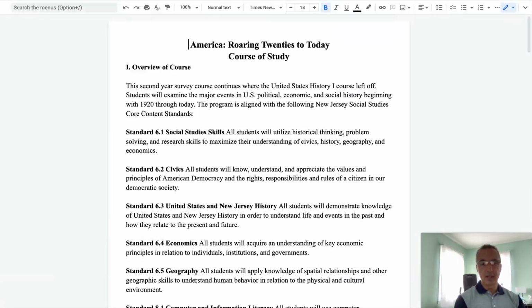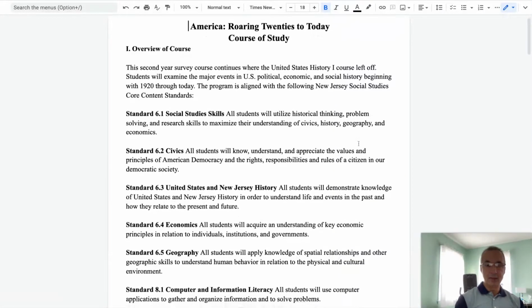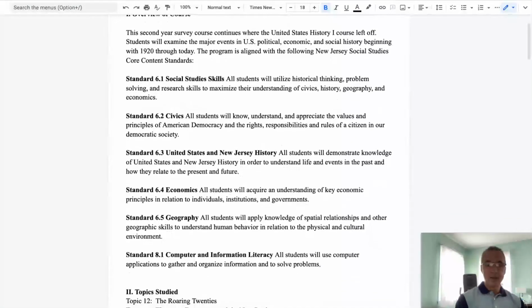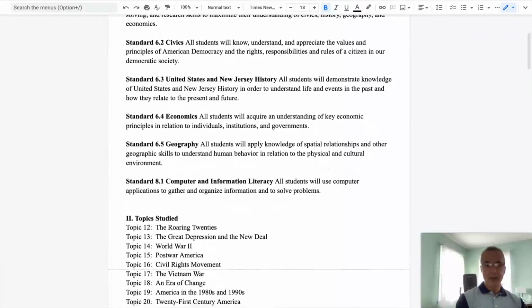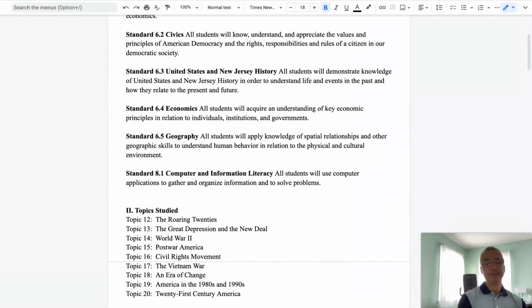So as we go through, just get an overview of what we'll be doing throughout the course of the school year. There'll be a wide variety of different skills emphasized in the United States History 2 class: social studies skills, civics, United States and New Jersey history, economics, geography, technology. And this class really picks up where the United States History 1 class left off. We're going to start out in the 1920s, and we'll spend 100 years in American history right into